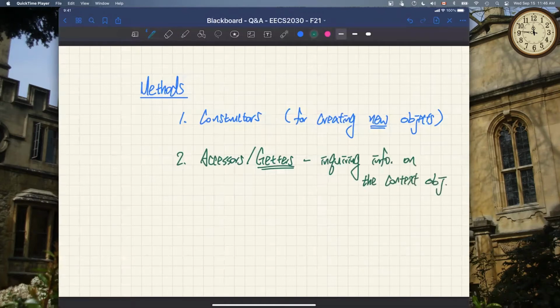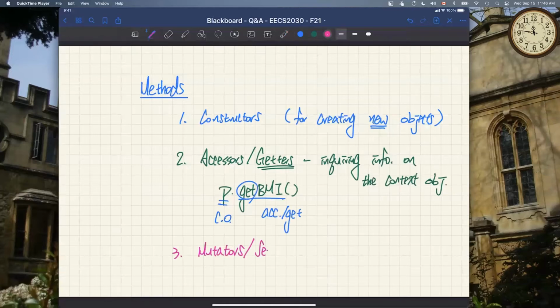For example, you may have a person variable p, and then you might say p.getBMI. This is one example of an accessor call. This is the context object, and this is the accessor or getter. Obviously it has a get prefix, and it returns some value back to you, which you can either print out, pass somewhere else, or do something else with. Finally, about mutators